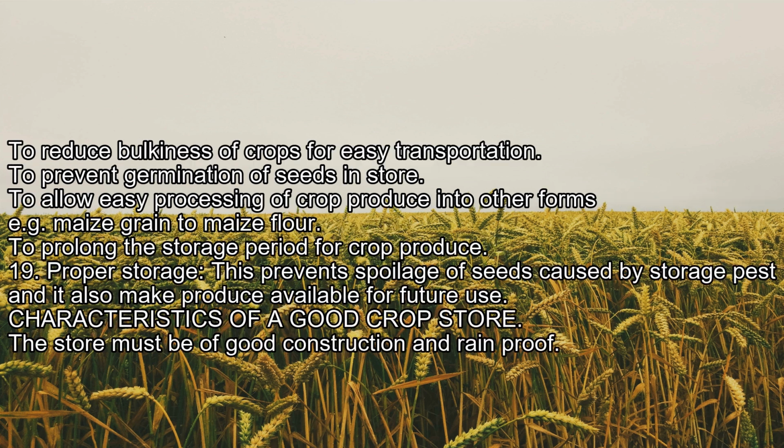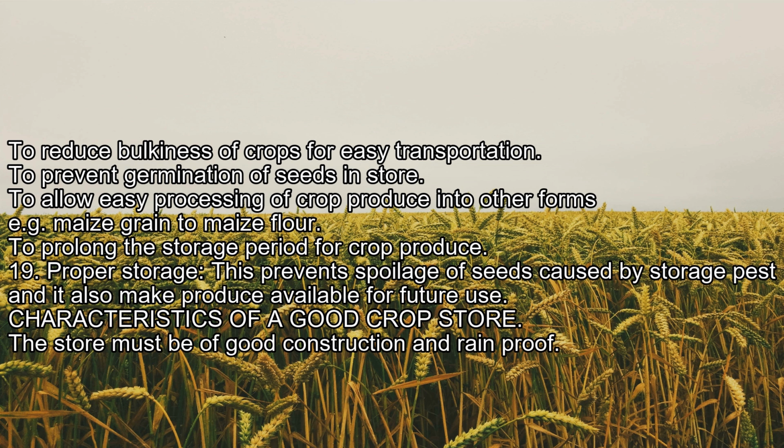To reduce bulkiness of crops for easy transportation. To prevent germination of seeds in store. To allow easy processing of crop produce into other forms, e.g., maize grain to maize flour. To prolong the storage period for crop produce. 19. Proper storage. This prevents spoilage of seeds caused by storage pests, and it also makes produce available for future